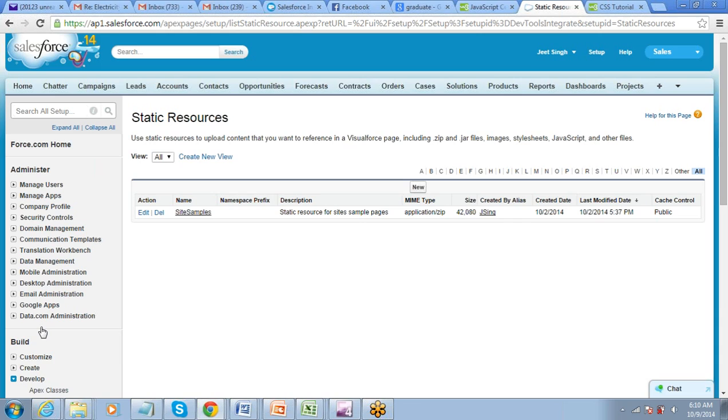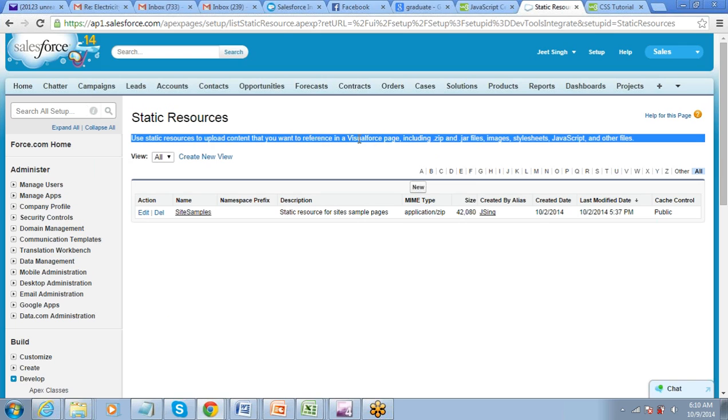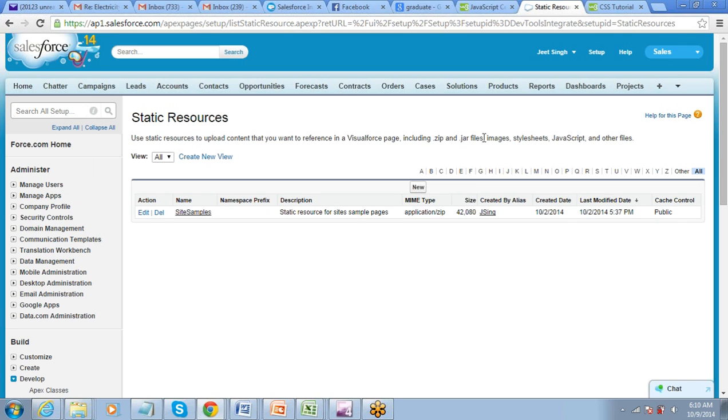Whatever your static resources are, it can be any file format. Use static resources to upload content that you want to reference in a Visualforce page. So all the content that you want to reference in a Visualforce page, including .zip, .jar, images, style sheets, JavaScript, right? So style sheets and JavaScript files can also be put on the static resource. Now once you have put that,